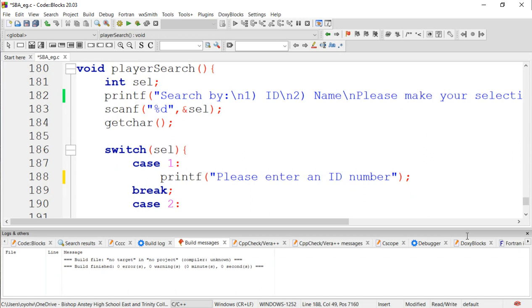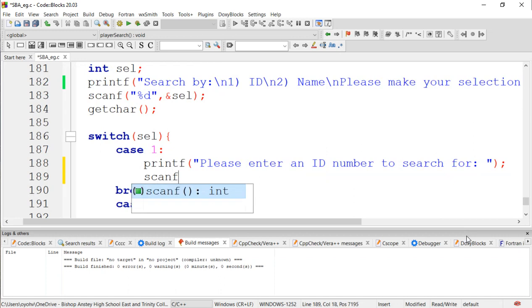Now, ideally, we'll print it out and then we'll come up with a way to access the ID numbers so that we could then move into a search, or delete, or an edit. So we just want the person's information to print out right now. So printf, please enter an ID number to search for, and we will say